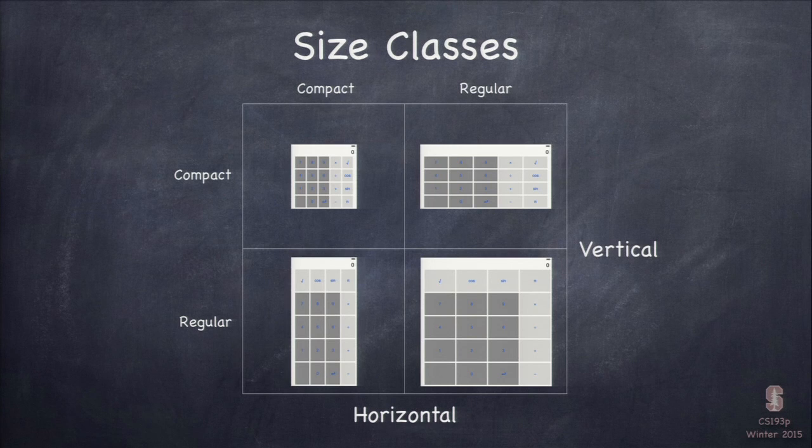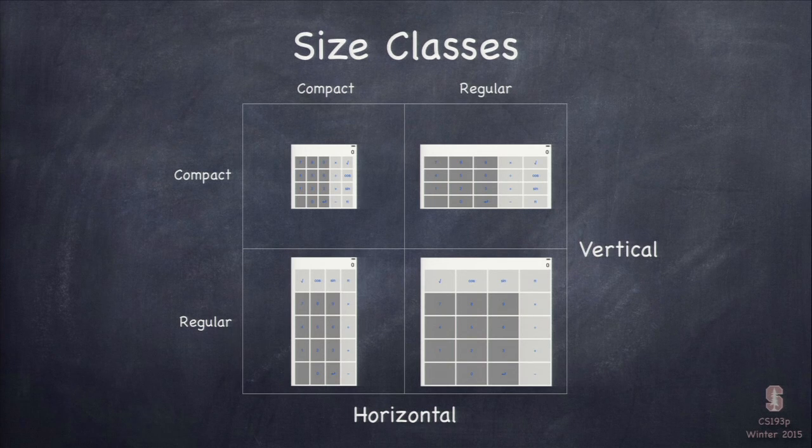Every time I have a regular height, I go 5 high. Okay, so lower right is regular height, it's 5 high. Lower left is regular height, it's 5 high. The top two are compact height, I've gone to 4 high, 5 wide. Okay? So it'd be kind of a pain, though, if I had to do all 4 of these for every